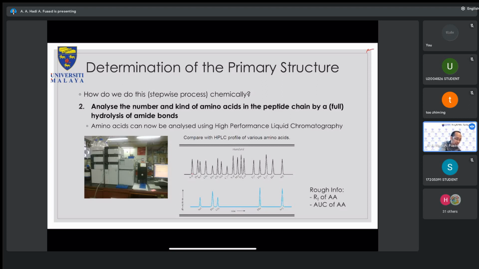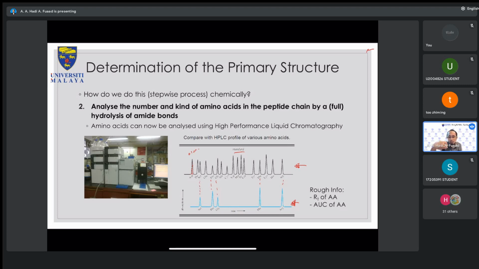Okay, so you do know at this particular area under the curve, for example, this is equal to 0.1 molar. So from there you can do a direct comparison, and you can get a rough ratio between the amino acids. At the same time, for example, for this one, if this one is your sample and that one is your control, your standard, then from there you can know, oh, in my sequence, my protein or peptide has a serine, a proline, a glycine, phenylalanine, and arginine. So you do know the different types of amino acid that you have in that particular sample.